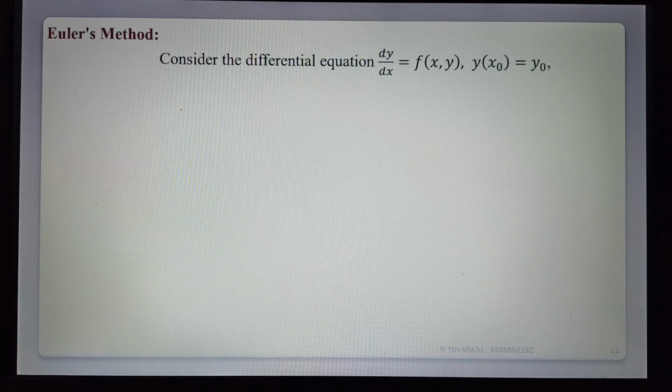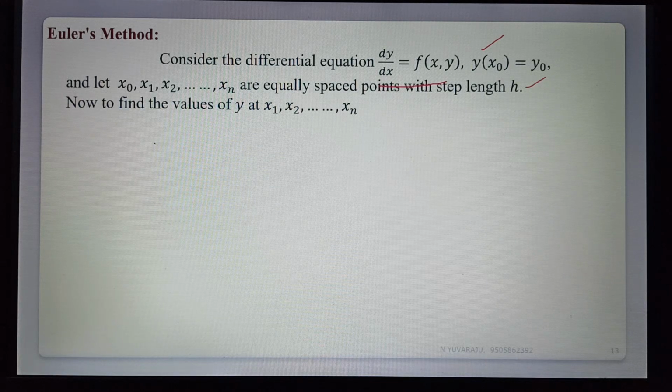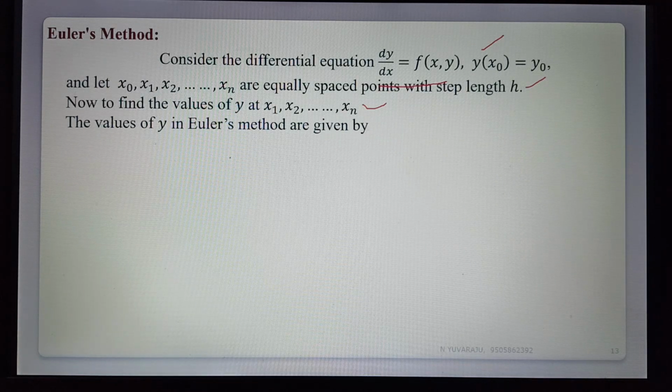Okay, first of all, the formula. Let the given differential equation be dy by dx equal to f of x comma y, with initial condition y of x naught equal to y naught. Here x naught, x1, x2 up to xn are equally spaced points with the same step length. Now we have to find the values of y at x1, x2, up to xn, that is, y of x1, y of x2, and so on. So the Euler formula,